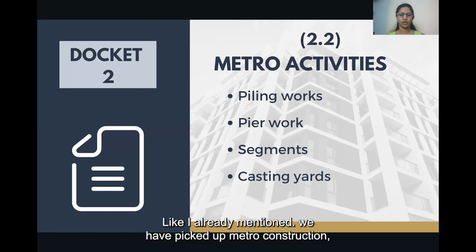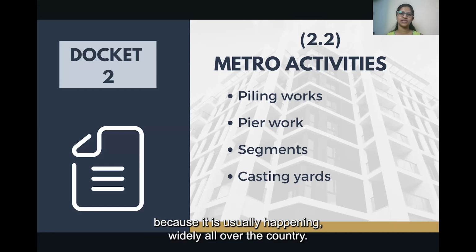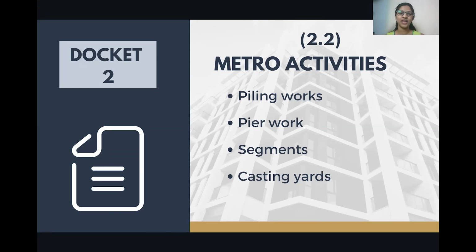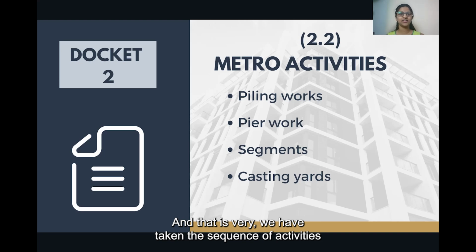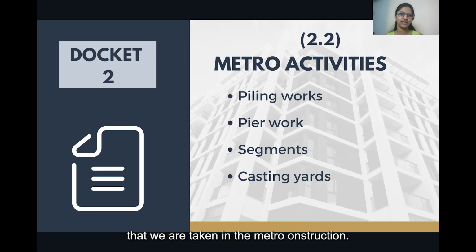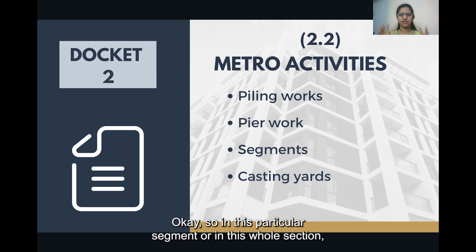In infrastructure, like I already mentioned, we have picked up metro construction because it is usually happening widely all over the country, and that is why we have taken the sequence of activities that will be followed in metro construction. In this whole section, we will be covering all of the units